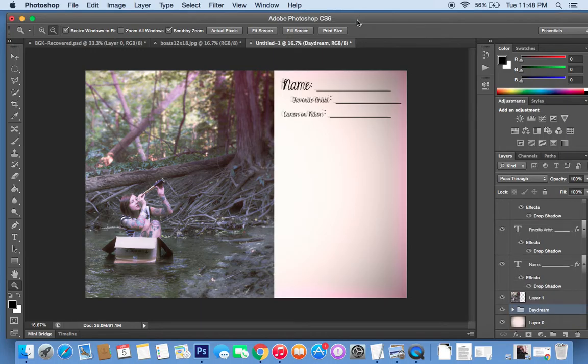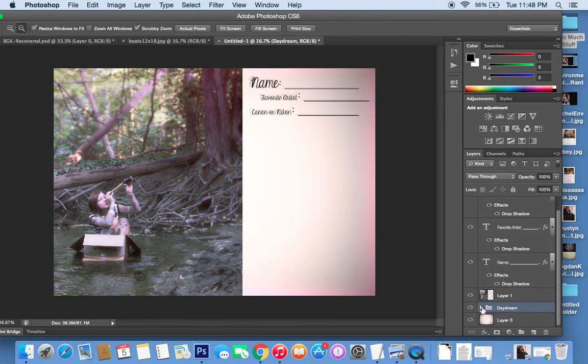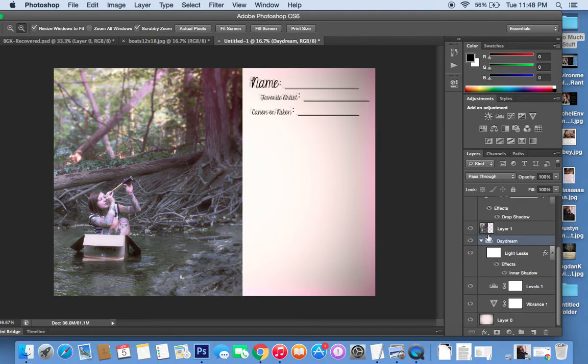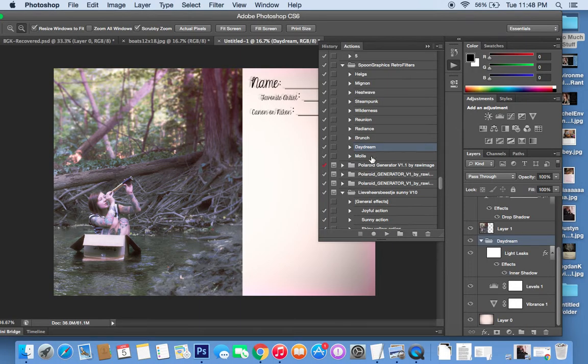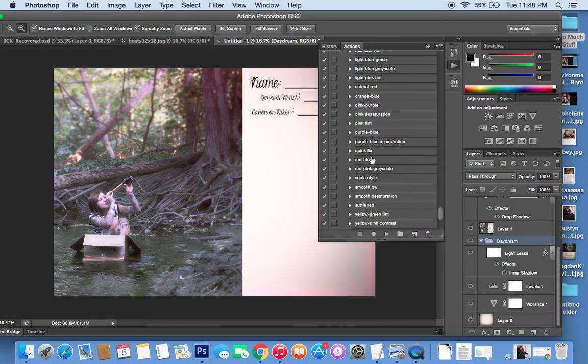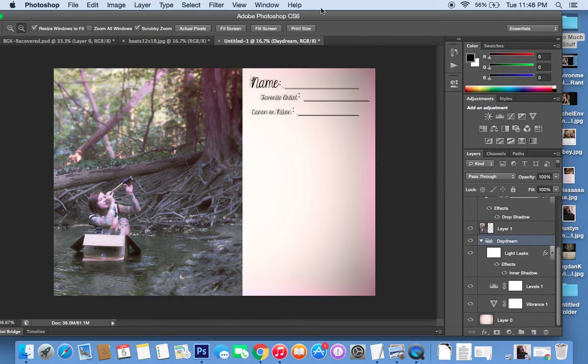You can see actually, if I move this over and go to the Daydream menu that it pulled up, or the layer, you can see that it did light leaks, it added an inner shadow, it adjusted some layers, it adjusted the vibrance. So that's basically what actions do, and I know I've talked about them before, and I don't know if you guys caught on to where they are, but you can download them from the internet, and I mentioned